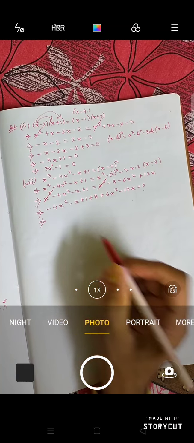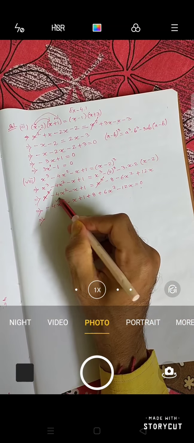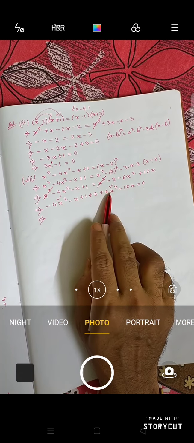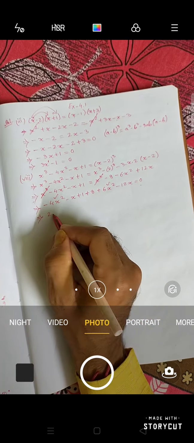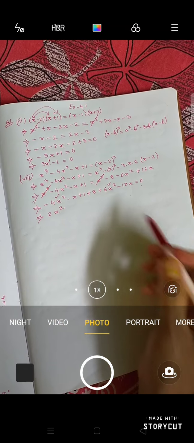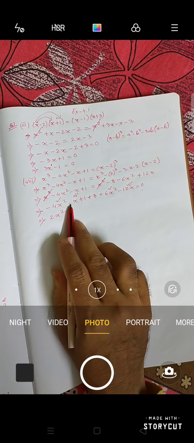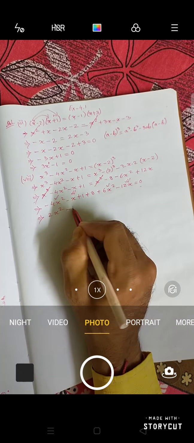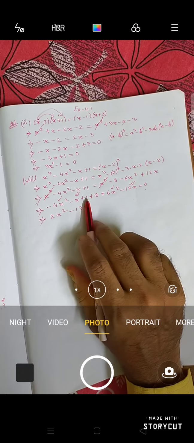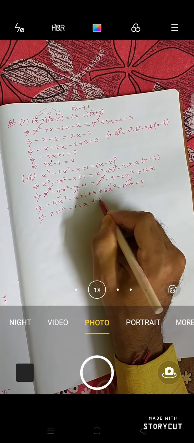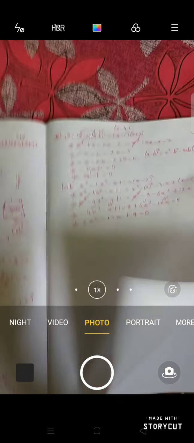Now we will see the like terms. This is square, this is square. Now you can see that this is plus, the bigger number is plus, so we will write 2x square. Now you can see this is x and this is x. Both are negative, so we will be having minus 13x. And here both these constant terms are plus, so this will become plus 9 equals 0. Any problem?